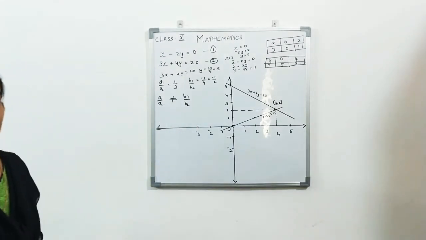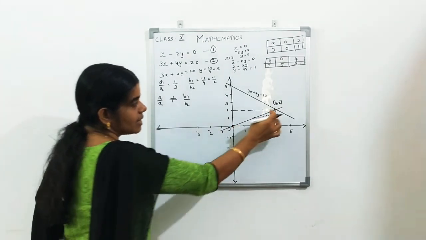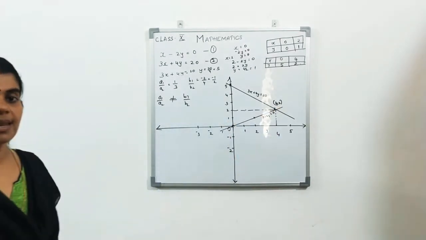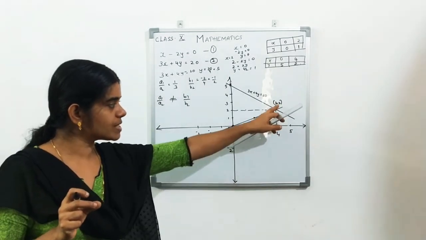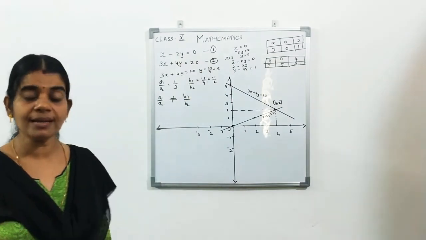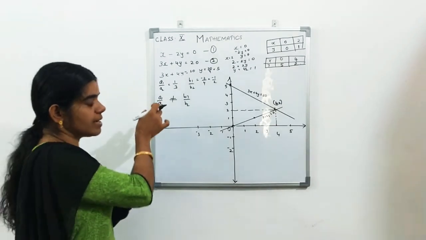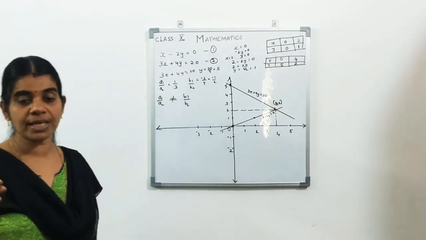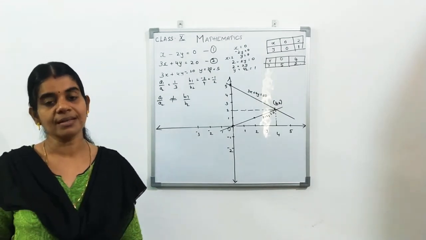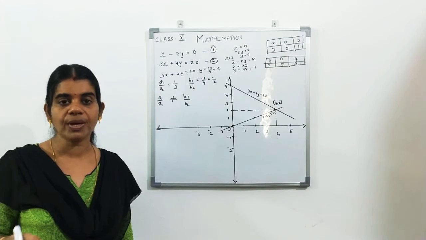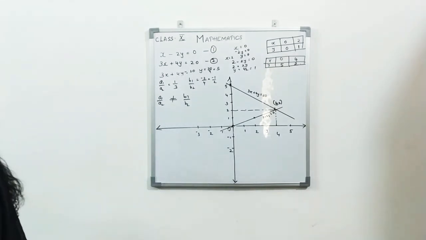Therefore, which type of graph will you get? Intersecting lines, and you got now the solution. For intersecting lines, only one solution will be there, a unique solution. That unique solution is 4, 2 for this pair of linear equations. Is it clear? Therefore, before drawing the graph, you can check the value of a1 by a2, b1 by b2. Then you will get an idea which type of graph you will get, and you can check whether your answer is correct or wrong. Then I will show one more example.